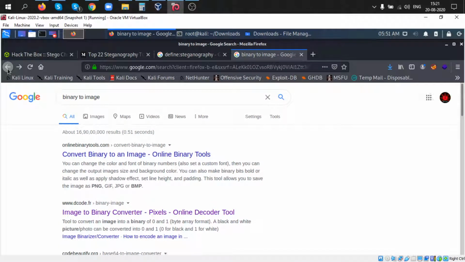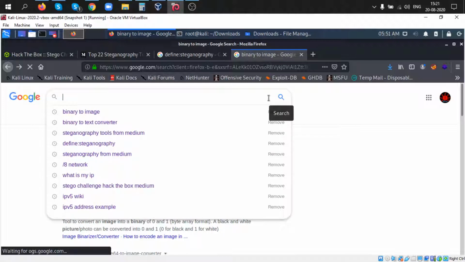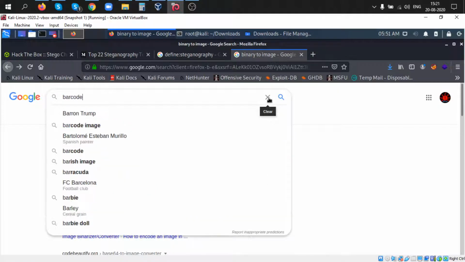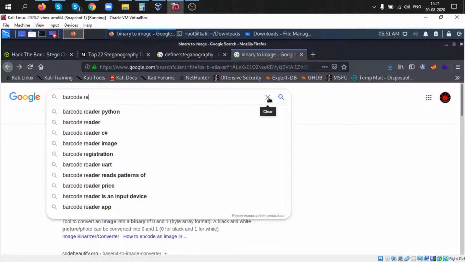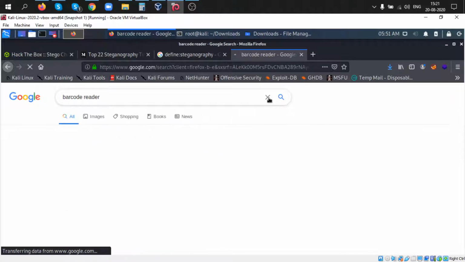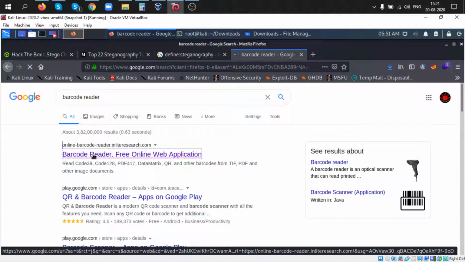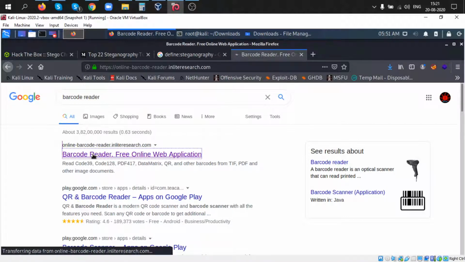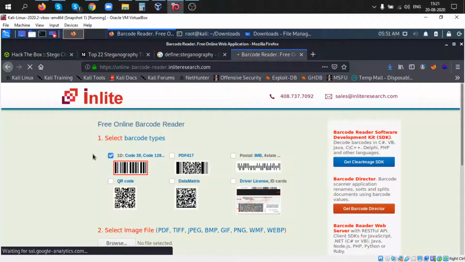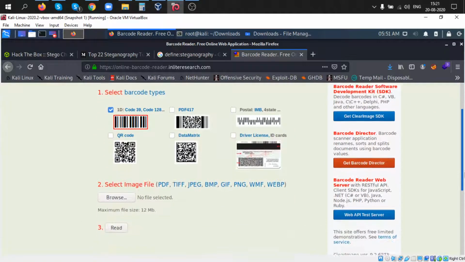Again I use an online tool, a barcode reader. I type barcode reader and hit enter, and click on this free online web application to decode and select the barcode type. You can select the image format.